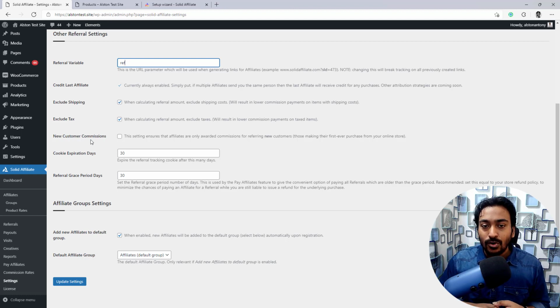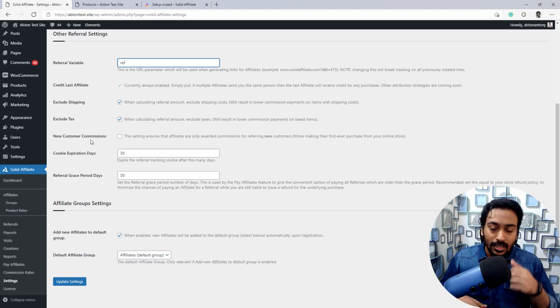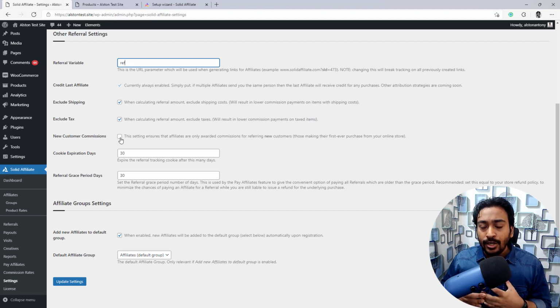Some companies do employ this metric, where rather than giving you commission whenever any existing or new customers make purchases, when you tick this, only a brand new person to your website, who does not have any existing account, when they make the purchase, you are going to be giving the commission for this.